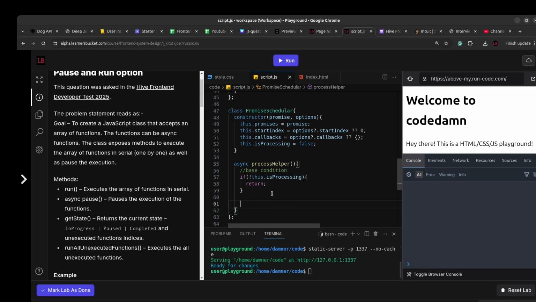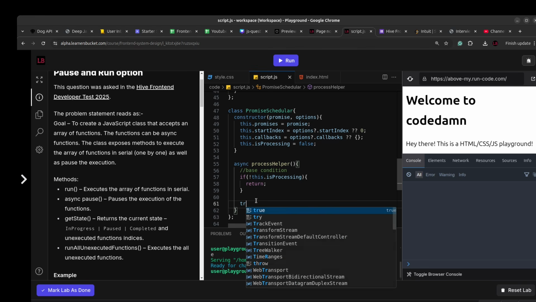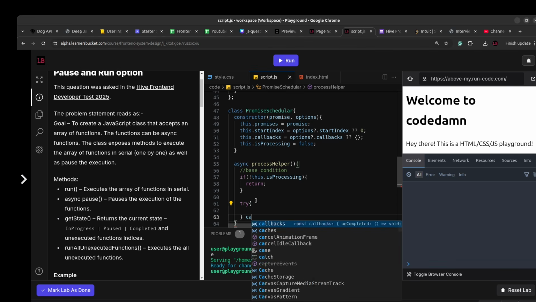So easy, we just added a base condition, and based on that we'll terminate the execution. Now when we are running the promises, we'll set this as true, so the promises will continue executing. Let's say if we have to pause, in the pause method we'll set it as false, and this will halt the execution. And now here I'm going to use the try